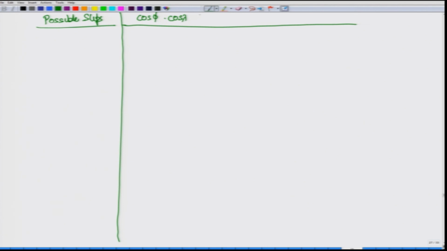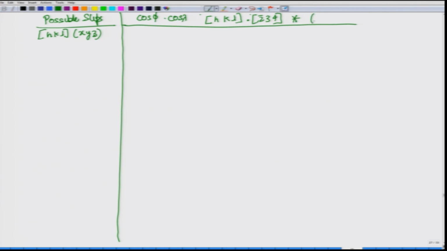So, if we say that a possible slip is HKL direction, XYZ plane, then cos phi is HKL dot bar 2 3 4, as we said earlier, and we have to multiply it with cos lambda,